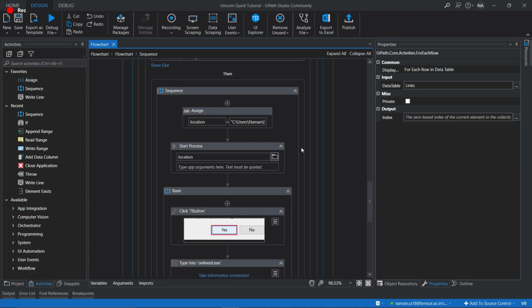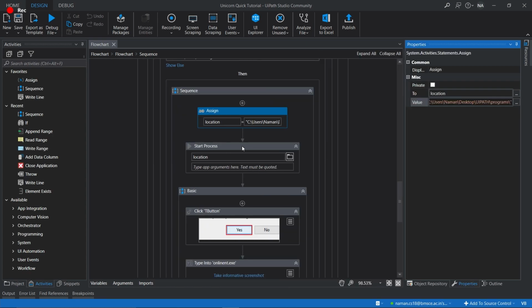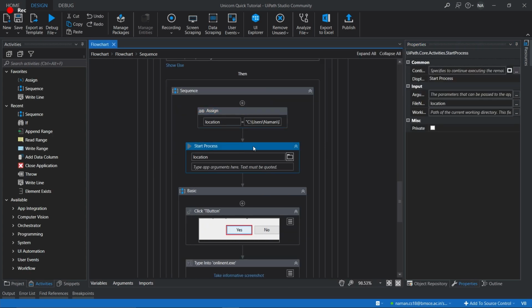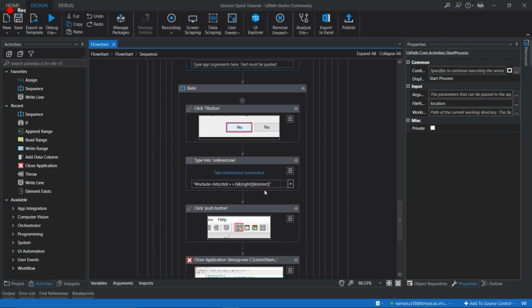And then we go inside this, and here what we see is we go to that file which we saved by the name of the student with the .cpp extension, and we basically start the process. So it opens up Dev C++, the preferred compiler for this particular system, and after opening Dev C++, a prompt comes and it selects yes on that. Then as you can see, we are saving the header file over here.